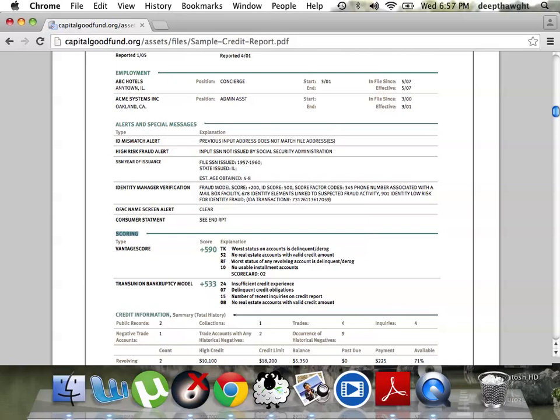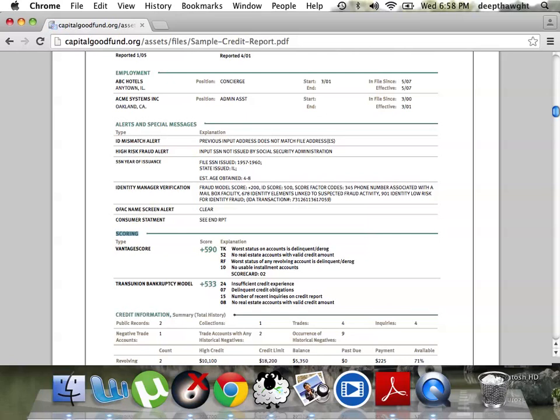To be more specific, you're going to get a score from each credit bureau: TransUnion, which is the report we're looking at now, Experian, and Equifax, and they all issue you scores. So, for example, if TransUnion issues you a 590 score, Experian issues you a 600 score, and Equifax issues you a 720 score,